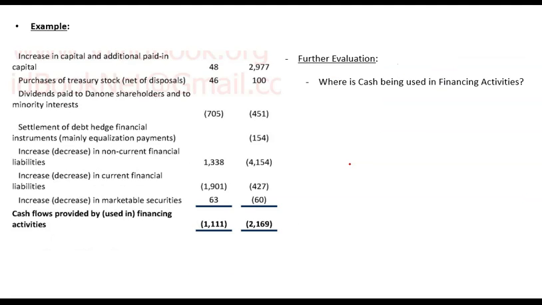cash flows. Now moving on with the tools of cash flow statement analysis. First tool again is common size analysis, as we did in income statement and balance sheet. When we did income statement, we discussed that common size analysis is the analysis in which we keep sales as 100% and keep all other items as a percentage of sales. That is common size analysis of income statement.